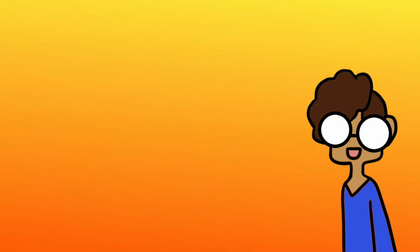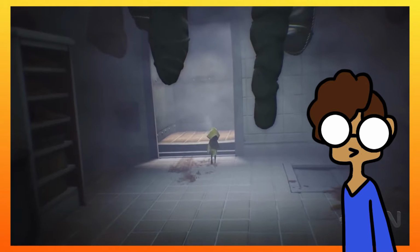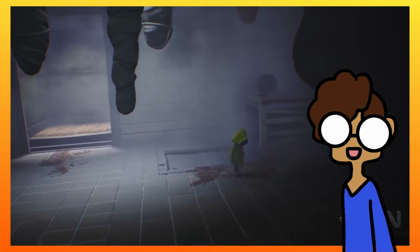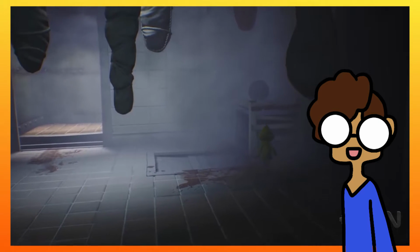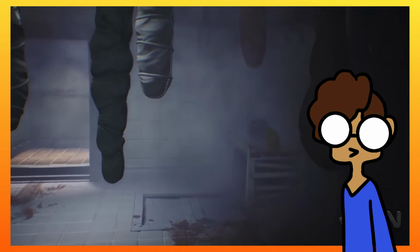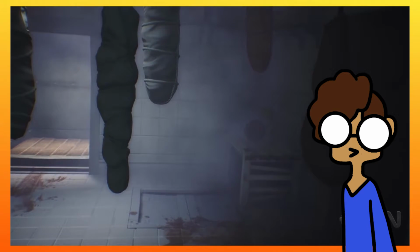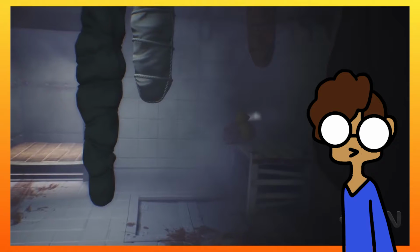One of my favorite games to come out of this aesthetic, however, is Little Nightmares. This game kinda slipped under the radar when it came out, but I encourage everyone to go try it out, because it's fucking great. You play as Six, this little kid who's stuck in this place, and that's about as much context as I can give without spoiling anything for those of you who do want